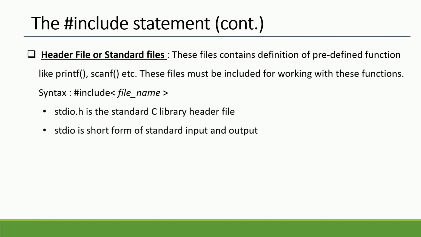Let's take an example from our code. We have written #include stdio.h. Here stdio.h is the standard C library header file, which provides functionality for displaying output. We need to include this file in a program because we are using the printf function from the standard library. stdio.h contains the information that the compiler needs to understand what the printf function means, as well as other functions that deal with input and output. stdio is the short form of standard input and output.